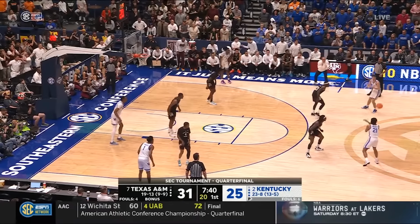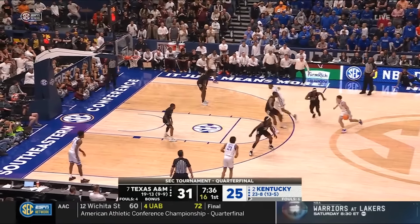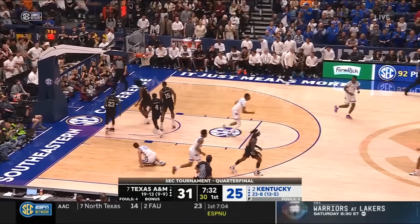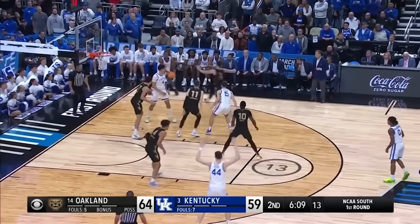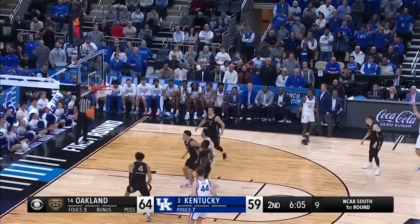First bucket for Reed Sheppard. Calipari screaming instructions to Onyenso. He wanted the ball screen for Sheppard, whose floater goes. That is a tough shot for a guy. No cutting. Sheppard for three. It's good. His first field goal of the